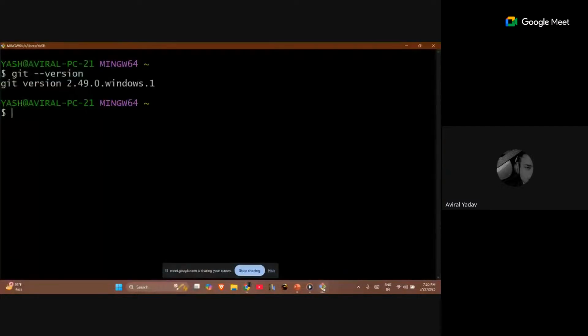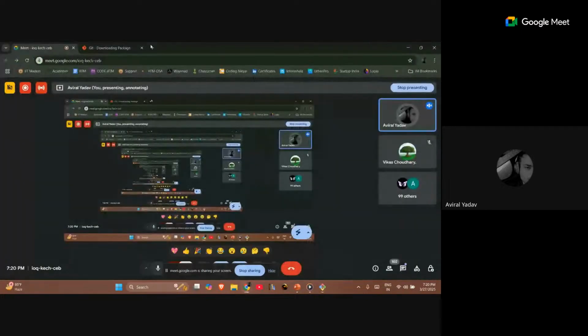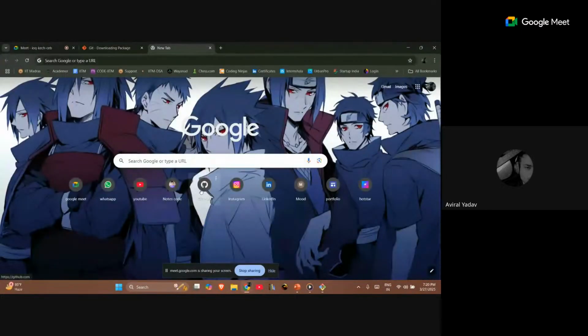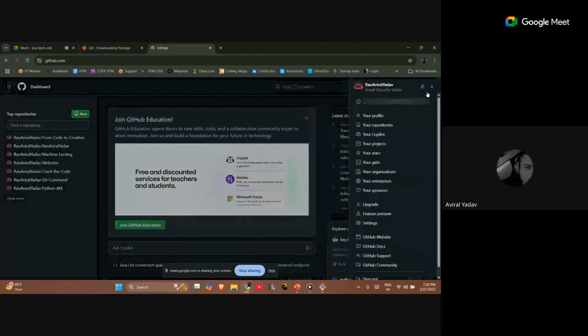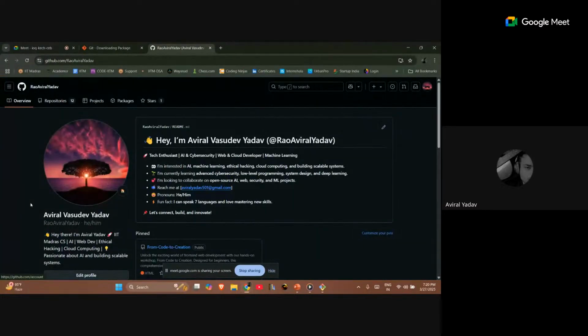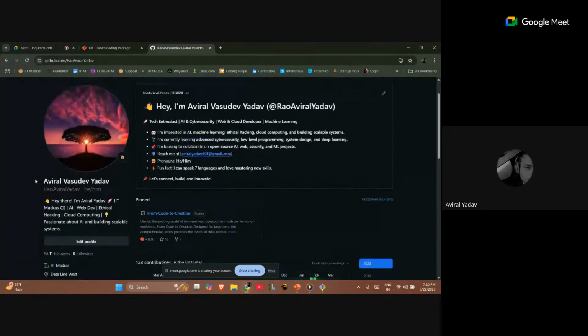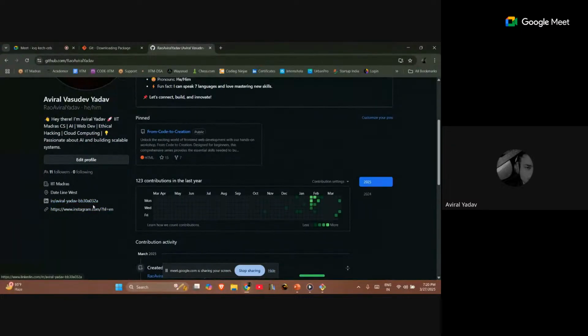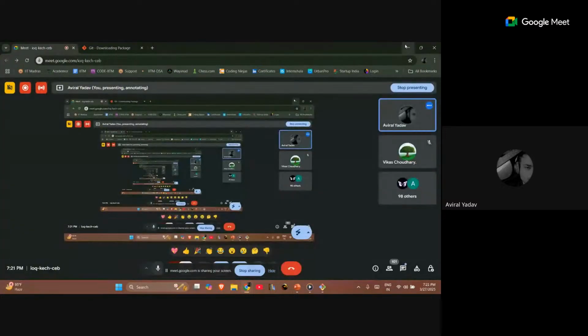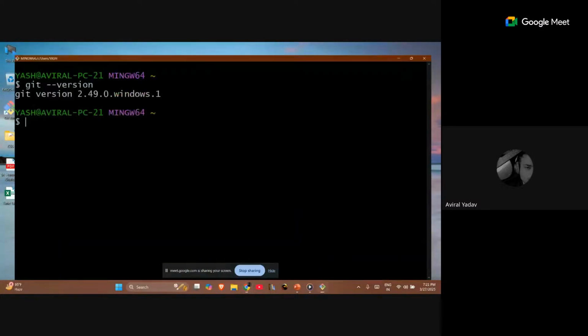Okay. Yeah, so once you are done with creation of your GitHub, for example, I have this one here. So as you can see, there is a username associated to this and an email ID that I have associated with it. I'll just use it to link that to my Git Bash.